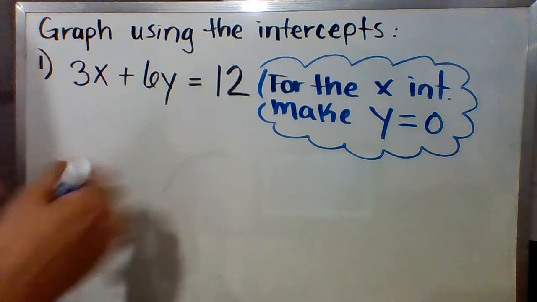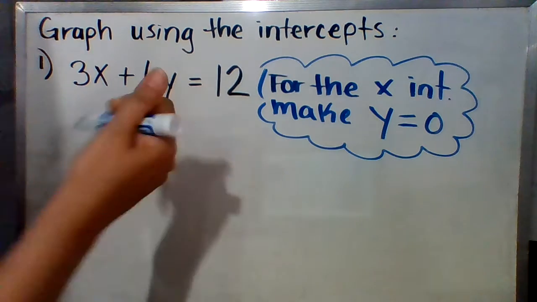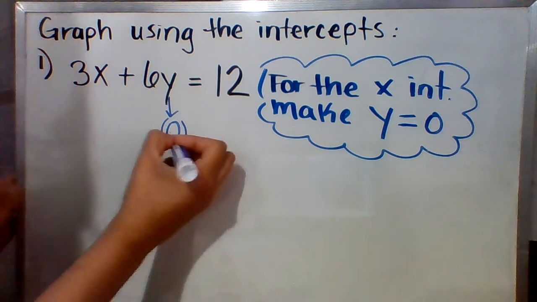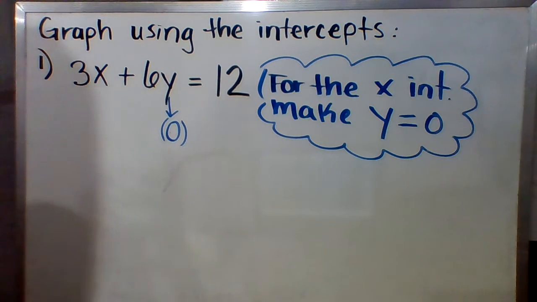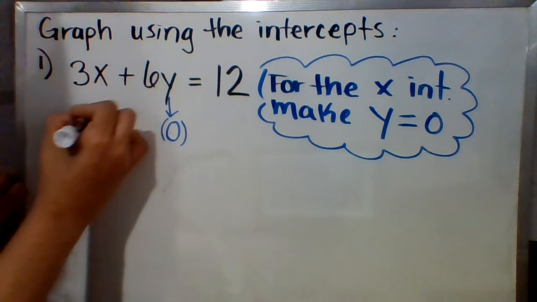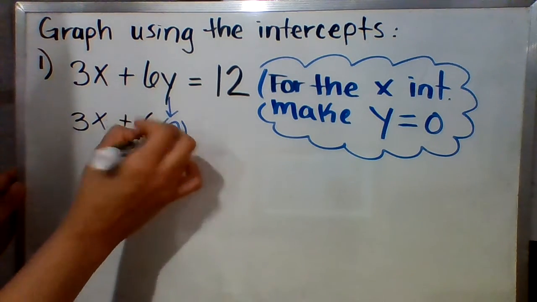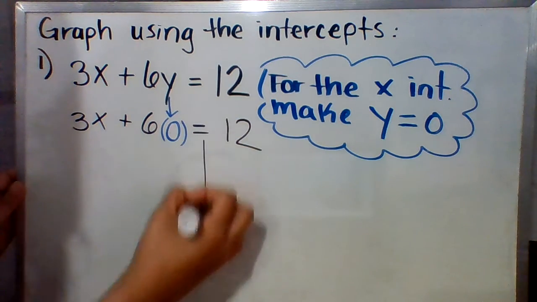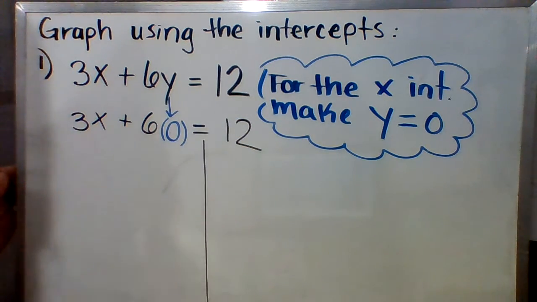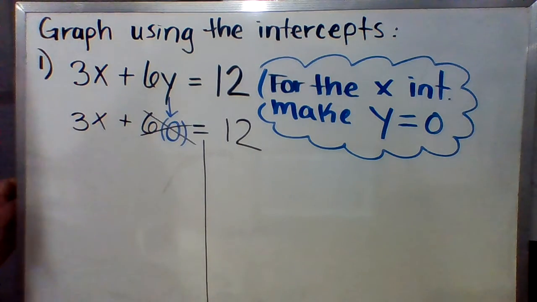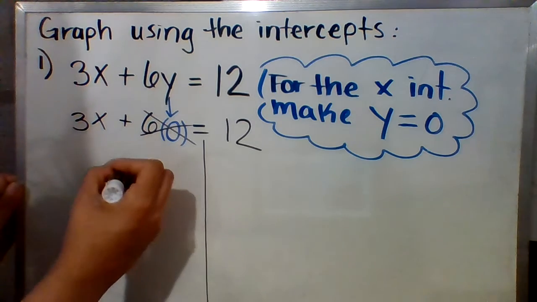Let me show you. So y needs to equal 0. The y is right here. I'm going to make it equal to 0. Plug in a 0 instead of the y. Drop your junk. 3x plus 6, and instead of a y, there's a 0, and it equals 12. 6 times 0 is 0, so that just goes away. It's gone. And then we have 3x